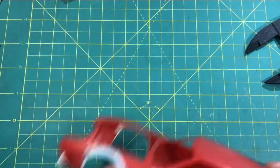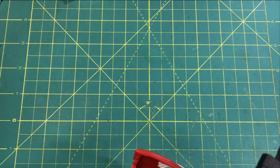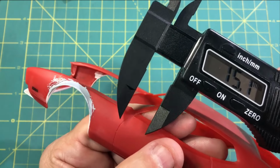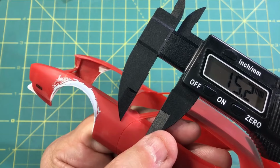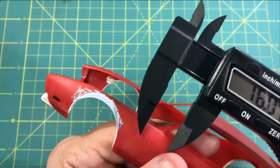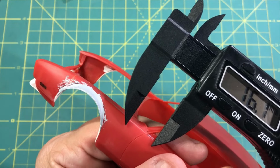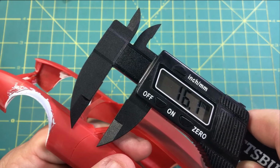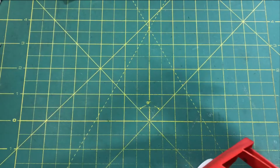All right, next up is going to be Lonnie's name, and as we see in this picture, that goes from just width-wise, let's try 15 millimeter. Sorry guys, off camera there again. That started right about here on the A-pillar. And I think that needs to be, let's go to 16 millimeter. Much better, much better. So we'll make that 16 millimeter by